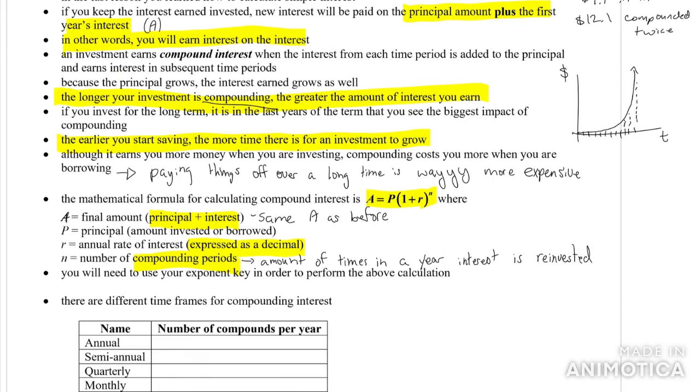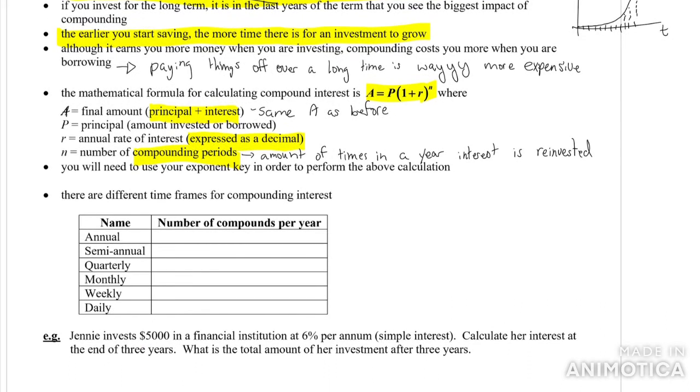If it happened at the end of every year, then you would get interest on the principal once, they would calculate it, and then that would be reinvested. If it happened every month, at the end of the first month, you would have a small chunk of interest paid to your account, or you would owe, and then that would be reinvested for the next month. So a couple of things, there are different time frames for the compounding interest. Is annual, so number of compounds per year. Annual means 1.